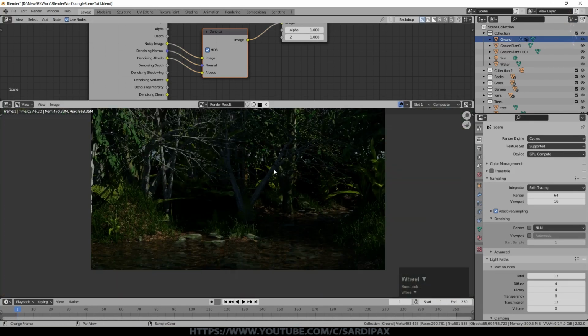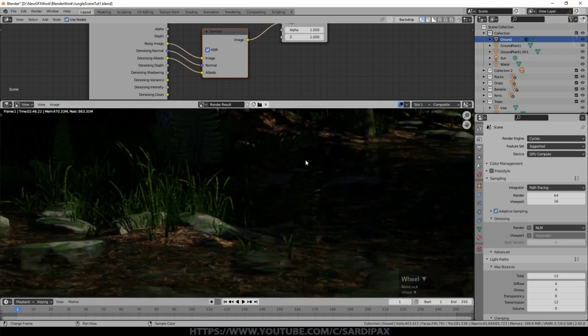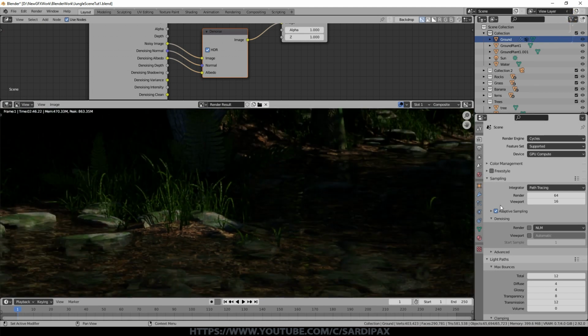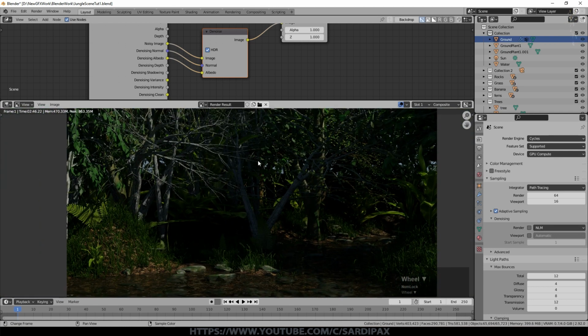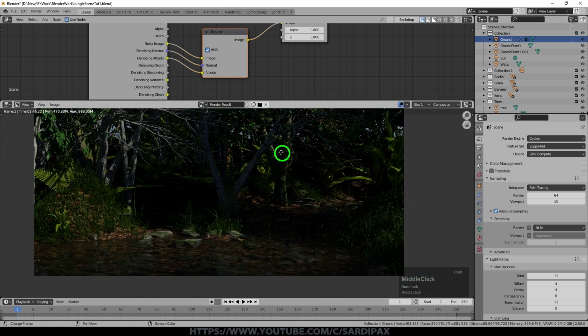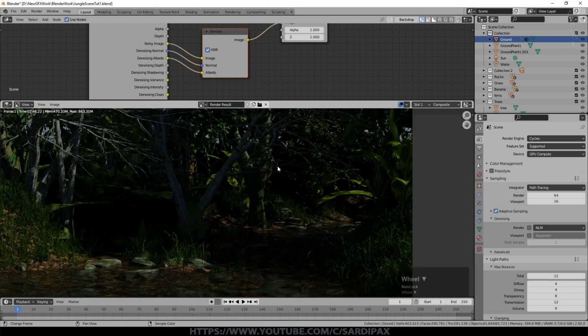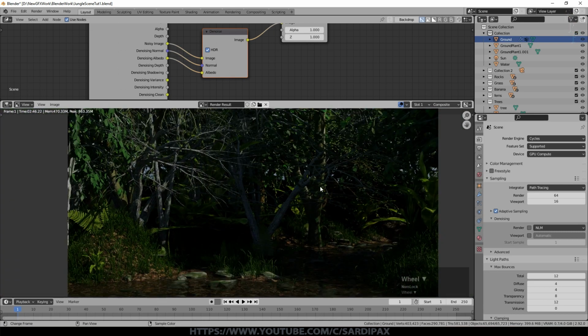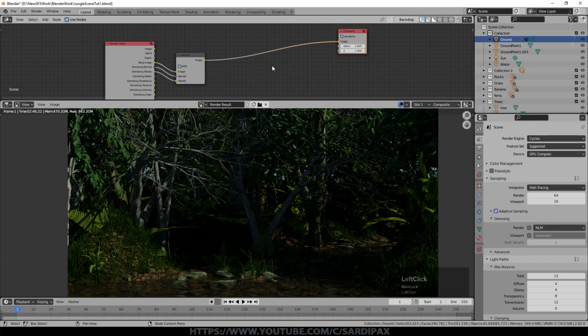So there we go. You can see that's a much nicer scene now, and that was only 64 samples. You could argue a more accurate render probably needs at least double that, but that's a pretty acceptable quality there. And you can see it's a sort of more interesting scene now with a lot more shadows across things, but it needs a little bit of enhancement, so we can do a little more with the compositing. So the first thing I'll do is a very common one. We'll put a vignette on the scene.